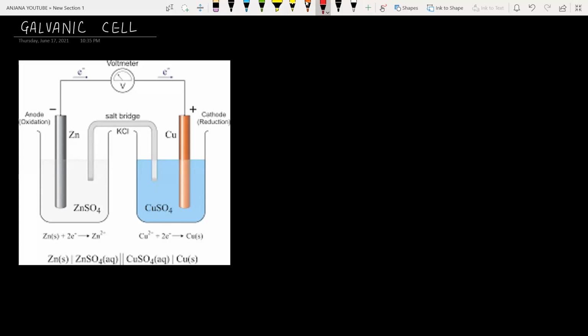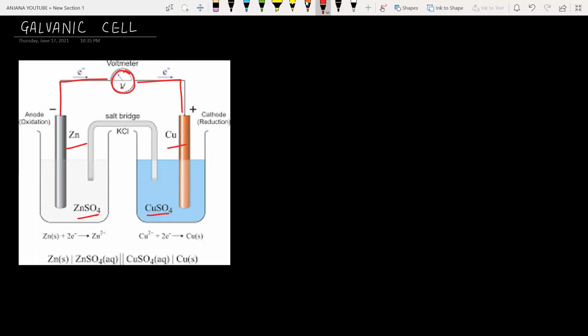In this video, we will be talking about galvanic cells and how they work. Consider, for instance, a copper rod dipped in a copper sulfate solution and a zinc rod dipped in zinc sulfate solution. Now these two metal rods are connected through a wire, and in between we have a voltmeter which is going to tell us whether the current is passing through it or not. If current is passing through it, we will observe some kind of deflection here.